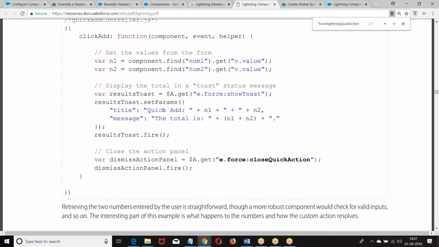So E dot force colon, what is the name of the event? Show toast. Right. Now if you want to pass any parameters, then dot set params, title, message. I hope you got my points. Got it? Right, boss? So let me give you this example first.